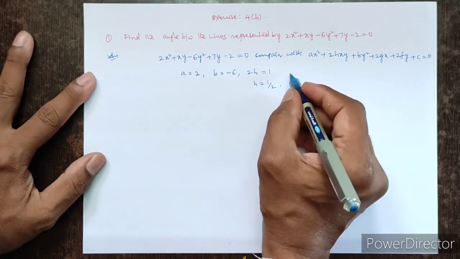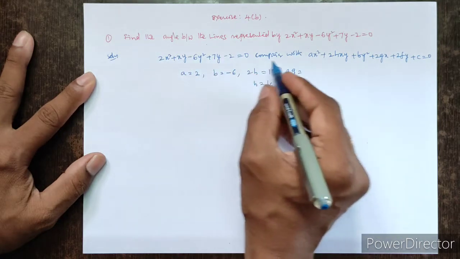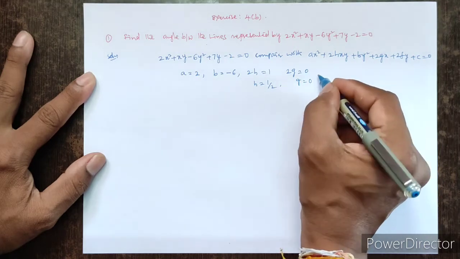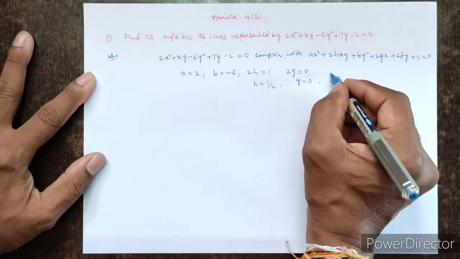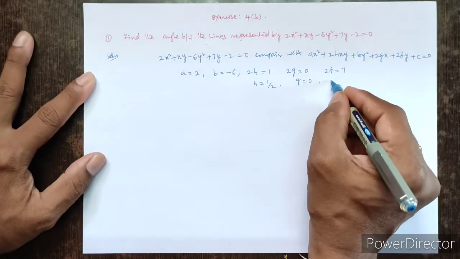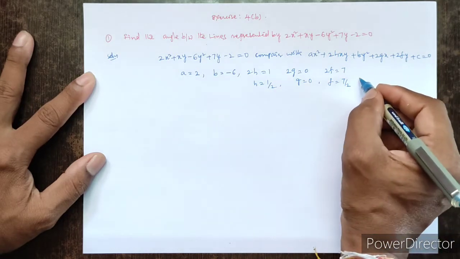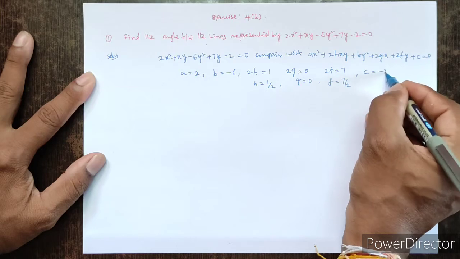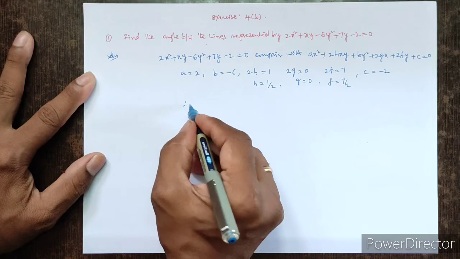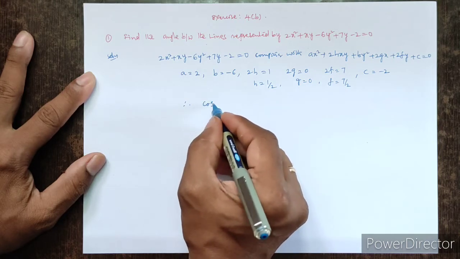And the coefficient of x is 2g. There is no x coefficient here, so 2g equals 0, then g equals 0. What about the coefficient of y, that is 2f. 2f is here 7, so therefore f equals 7 by 2. And what is the constant here? Minus 2. So already we had the formula for the angle between the pair of lines, that is cos theta,